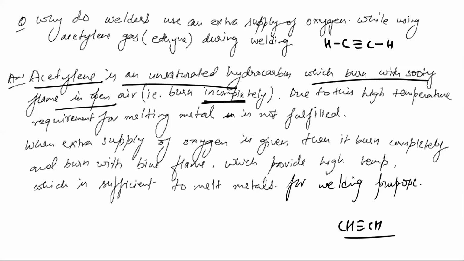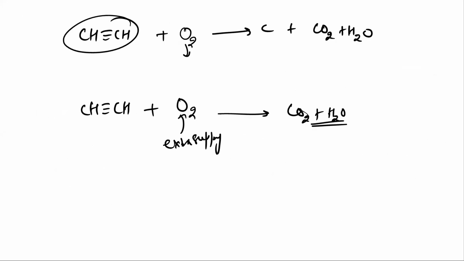Okay. So generally you can observe this: most of the time when we have a new cylinder, it burns with a blue flame. But when the cylinder is about to finish, with no gas supply left, it starts blackening the utensils. Okay, so this is the cause of less pressure. Next one is